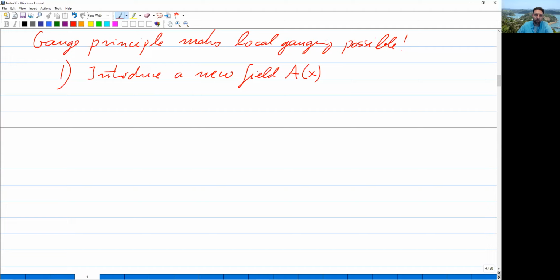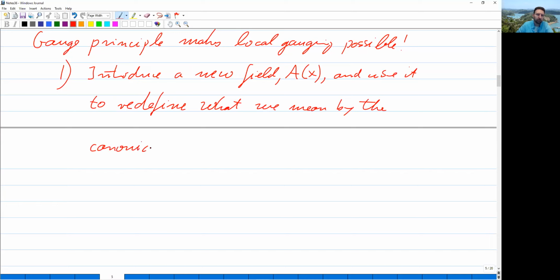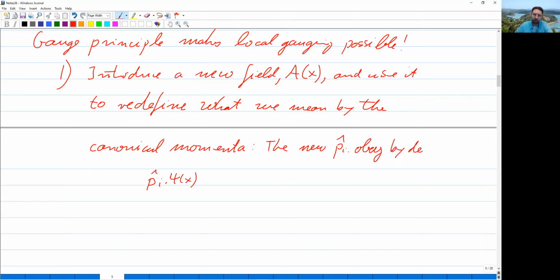So the gauge principle makes local gauging possible by doing this. First of all, we introduce a new field. Let's call it A of x. It's going to be a vector field. And we use it to redefine what we mean by the canonical momenta. So, namely, the new p hat i acting on psi of x obeys, by definition,